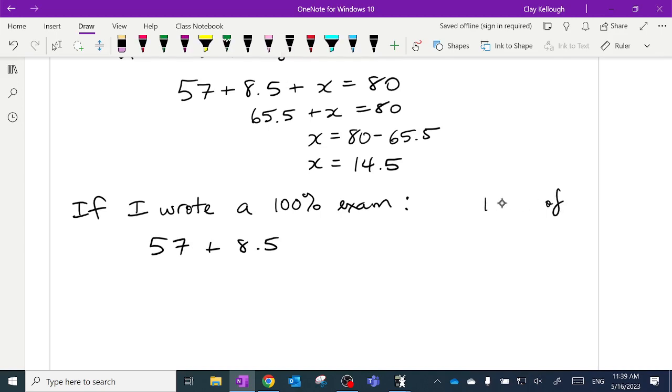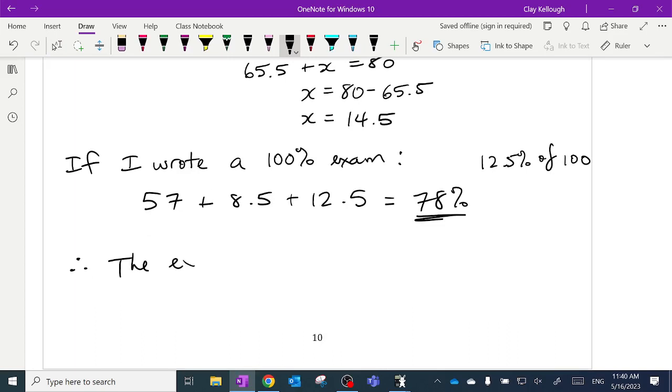Sorry, I said that backwards. Well, 12.5% of 100 is 12.5. Notice that's smaller than 14.5. Add that up, 78%. Therefore,